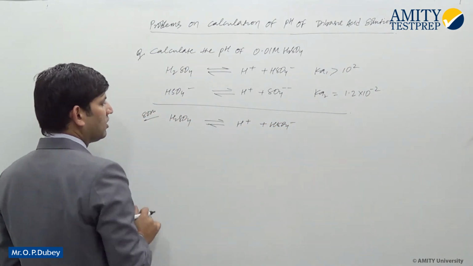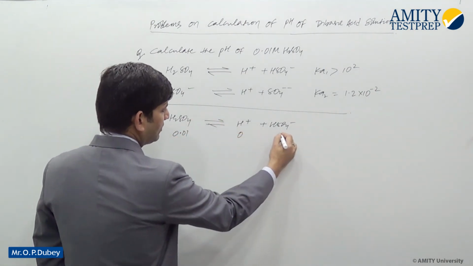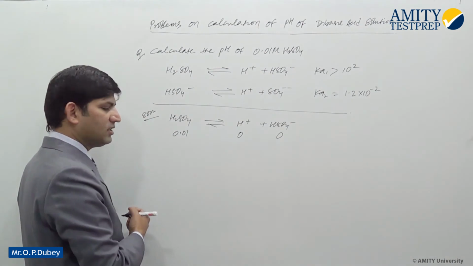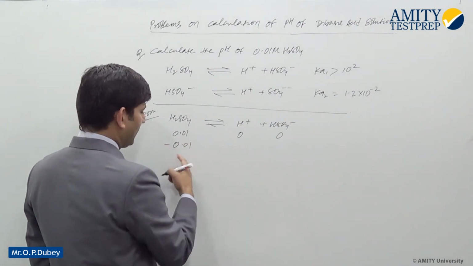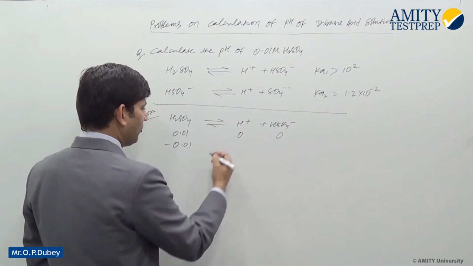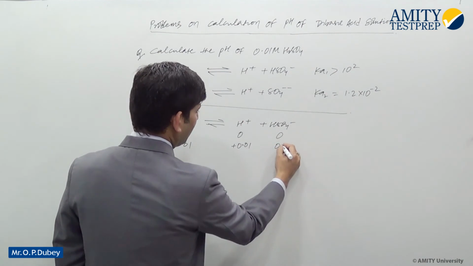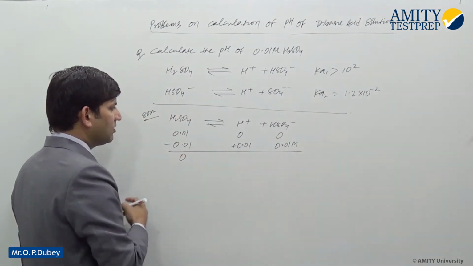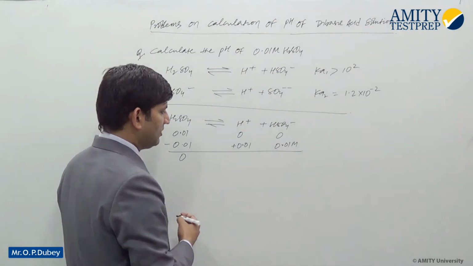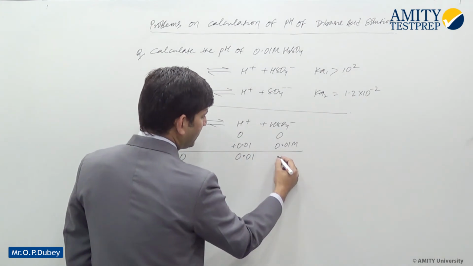The concentration of H2SO4 is 0.01 initially, and if it dissociates almost 100%, it consumes almost completely 0.01, and it gives 0.01 M H positive ion and 0.01 M HSO4 minus. The concentration of H2SO4 in the solution is 0, the H plus ion concentration is 0.01, and the HSO4 minus